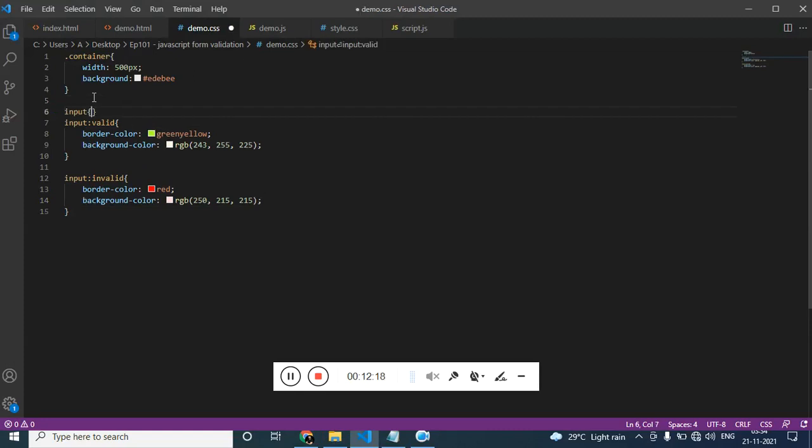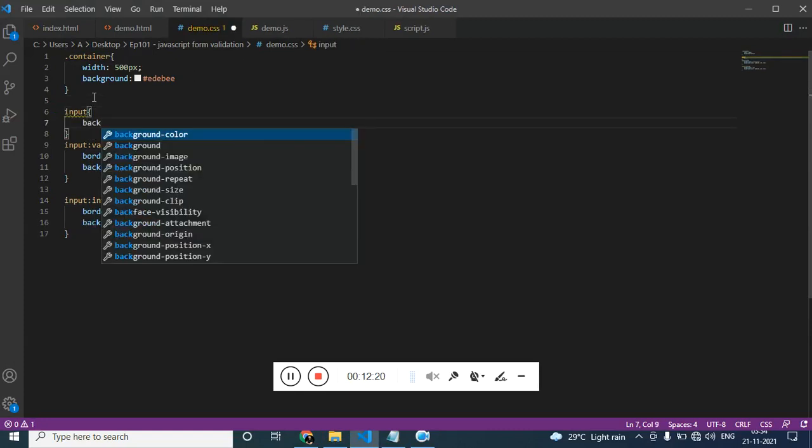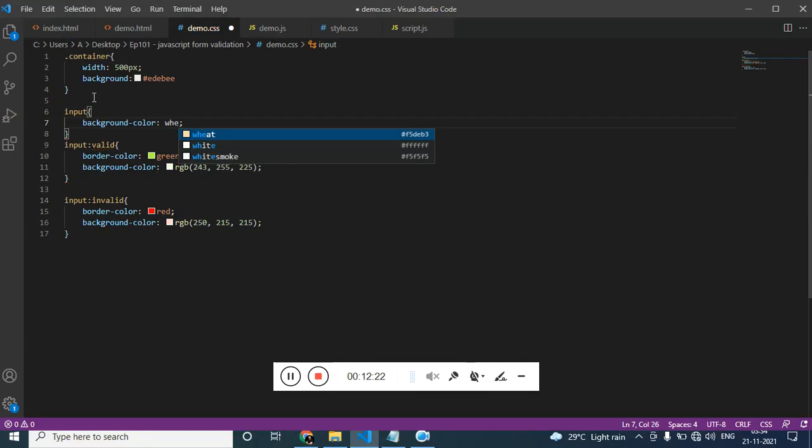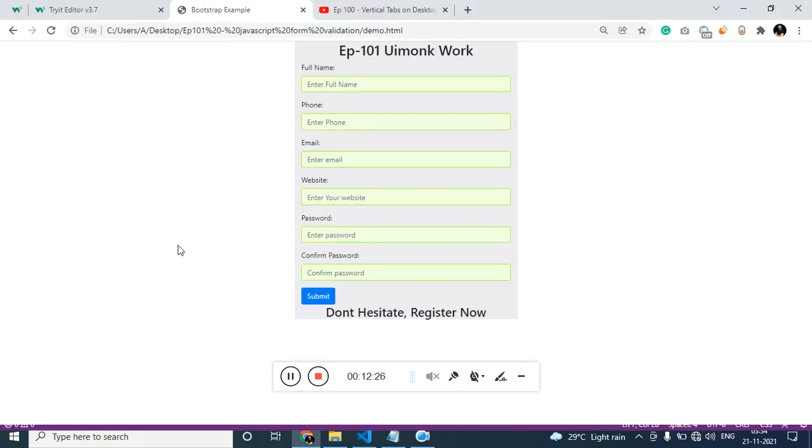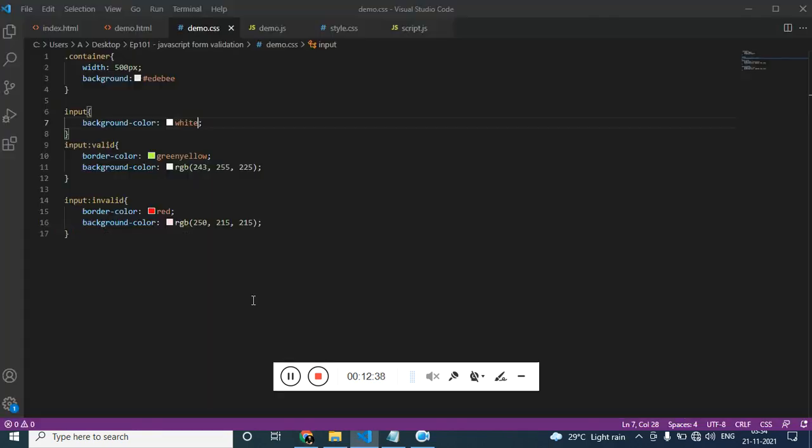And for the normal input field, let's have the background as white. All right. By default, it is saying that it is valid. We will look at this in some time. Just focus on the CSS for now.